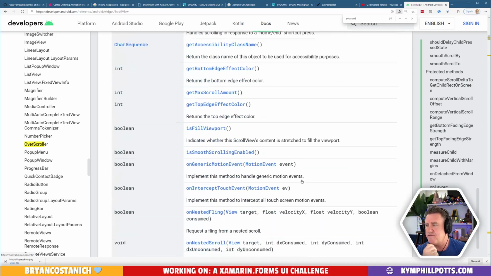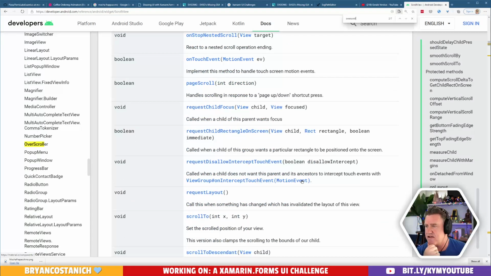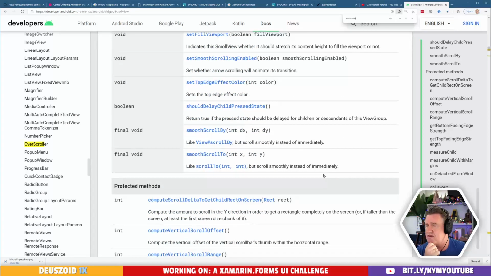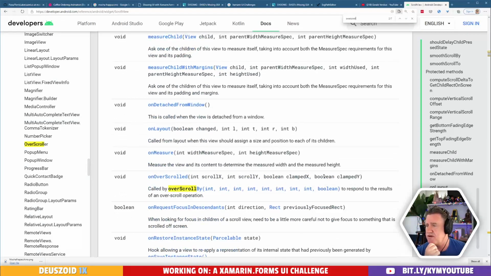If it's not doing it for you just out of the packet with a collection view, and I don't know, Lachlan, you might know off the top of your head, on Android, does overscrolling happen? I feel it does on iOS, but it doesn't on Android.